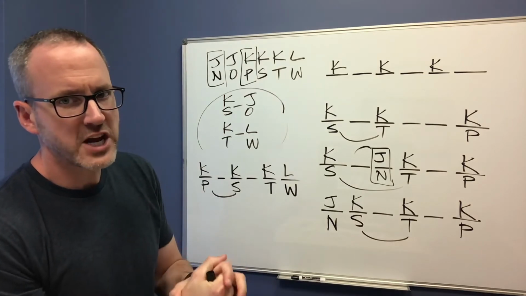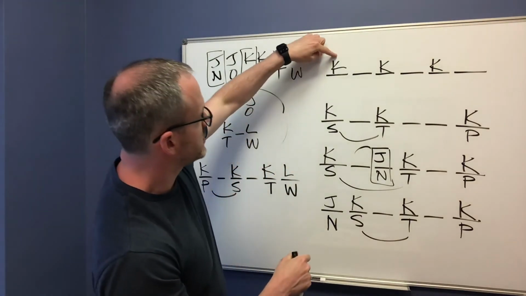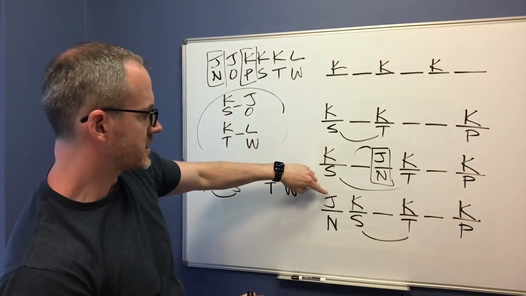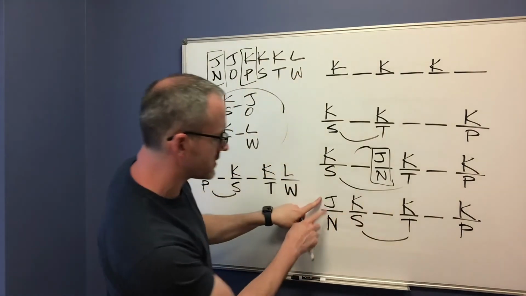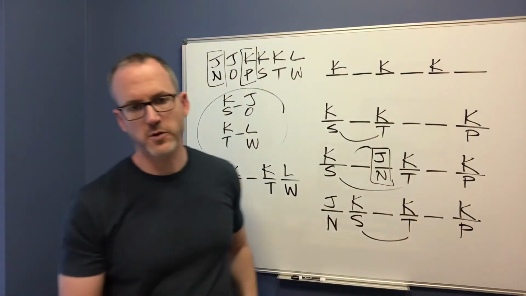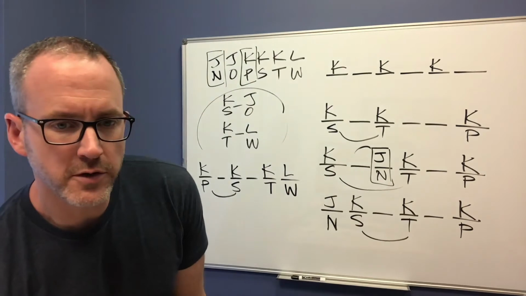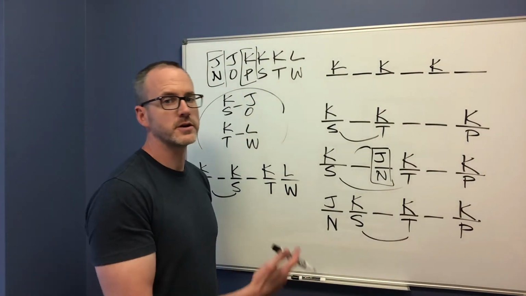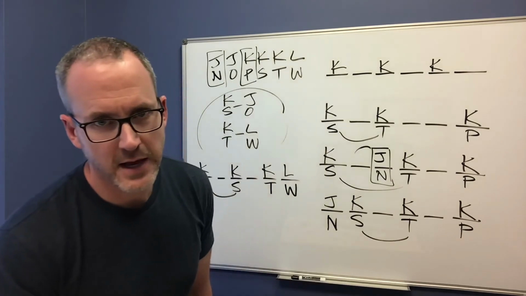B, could J go first and fourth? No, no, no. Yeah, no, because even here where J is first, it can't be fourth because K is fourth. So in none of these worlds could J be in first or fourth, so that could never be true. So that is the answer.